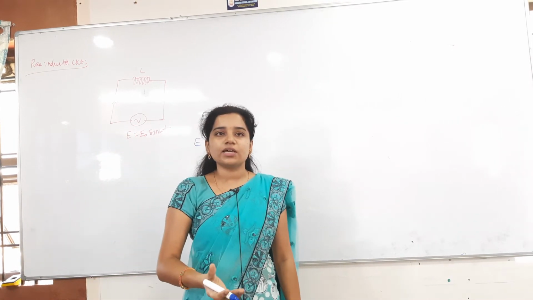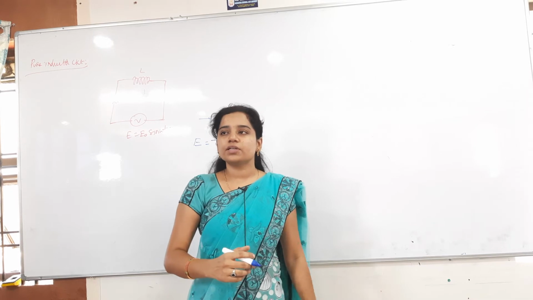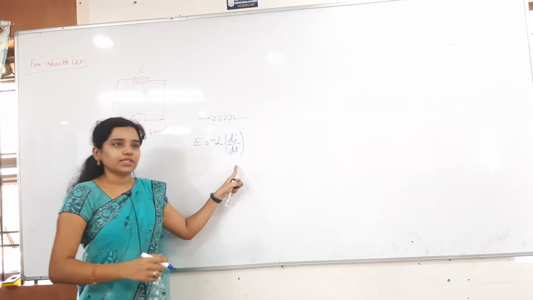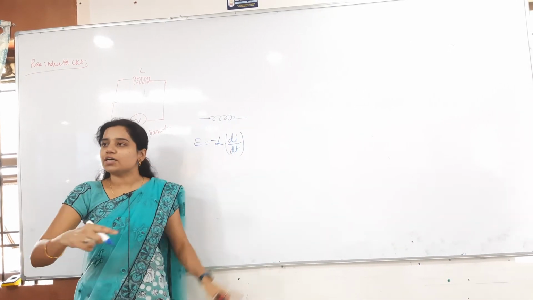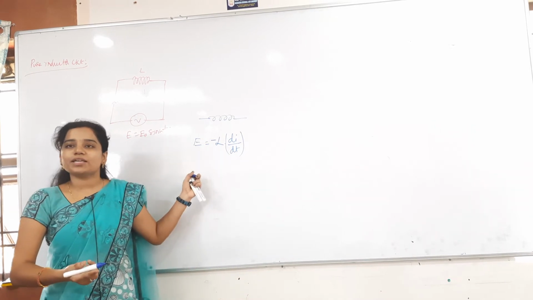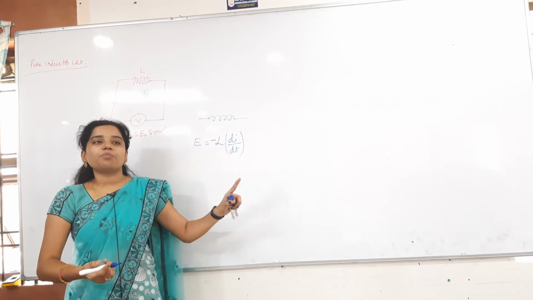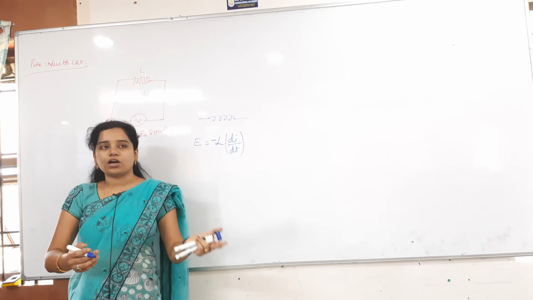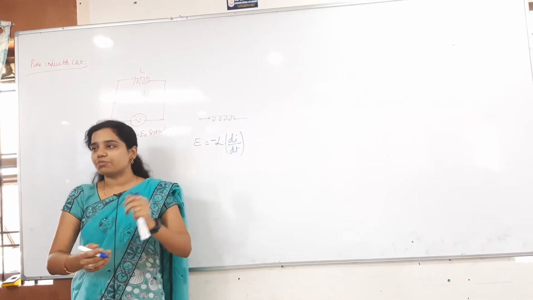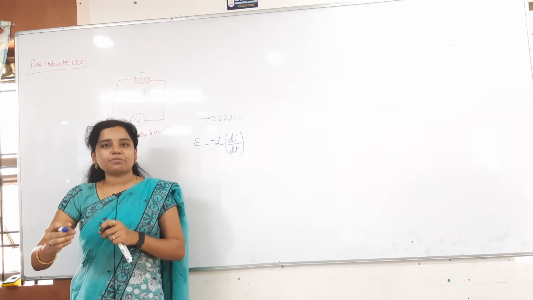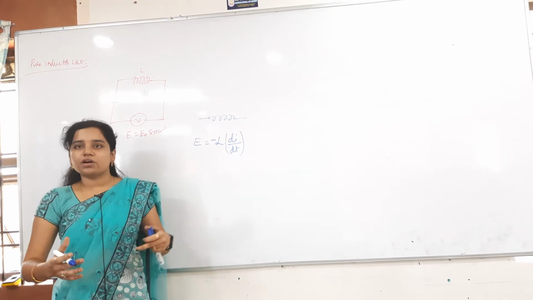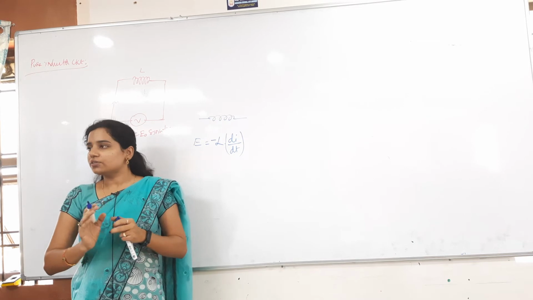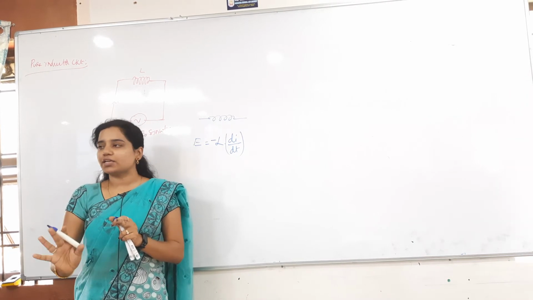Who is causing the EMF here? The change in the current. I said that the rate of change of current causes the EMF. Whatever EMF is given, that EMF opposes the cause of the magnetic field. Who is causing di by dt? Whatever EMF we got, that will oppose it. Just remember that much. In the EMI chapter, we will get that very clearly.